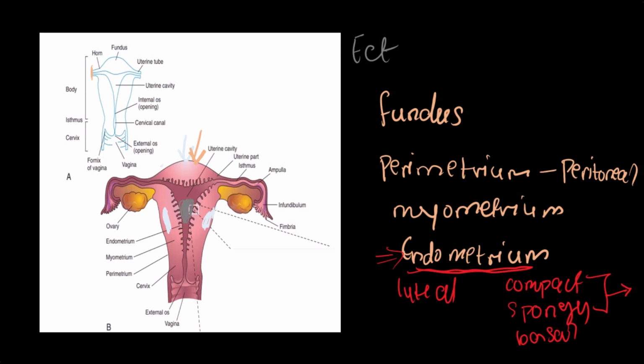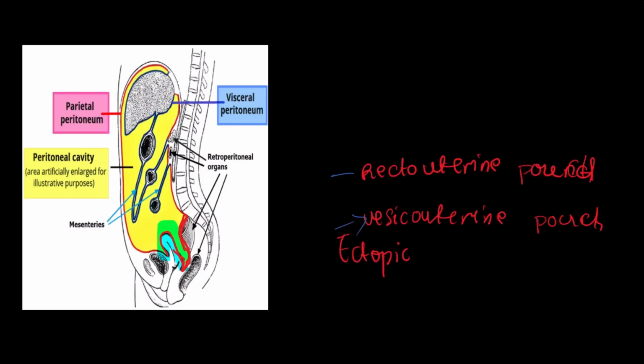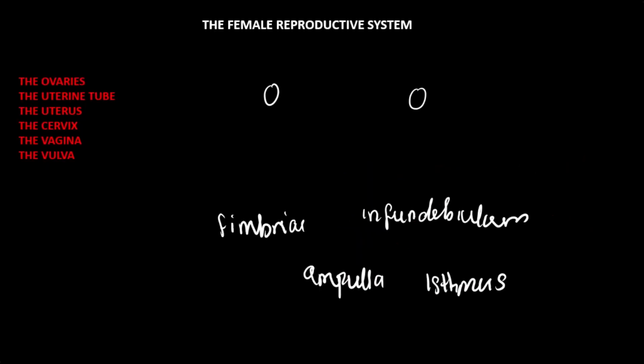Fertilization takes place at the ampulla, and when fertilization takes place, the fertilized egg moves to the uterus and it's implanted in the endometrium of the uterus. However, faulty implantation can take place at the ampulla or here in the retrouterine pouch, ectopic pregnancy. Okay, so let's take a look at the